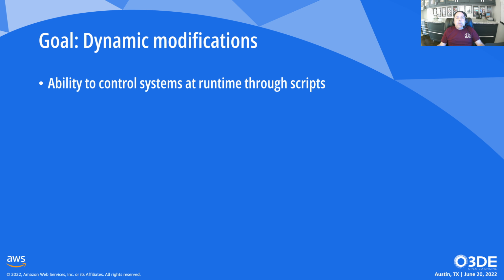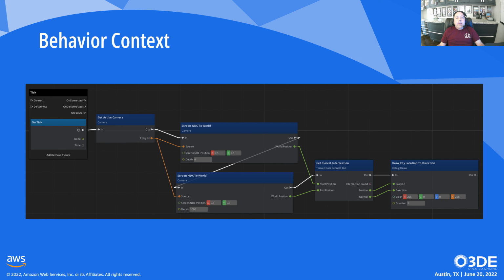The last goal of our modular systems is to enable them to be scriptable. Beyond just loading and unloading at runtime, we also like to be able to dynamically modify the systems. In O3DE, we can do this through the behavior context. It's a way for systems to expose their data and functionality outwards to scripting systems. This enables users to combine systems together in unique ways at runtime without having to modify the core engine to